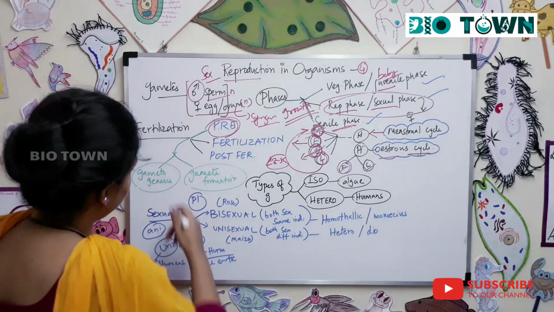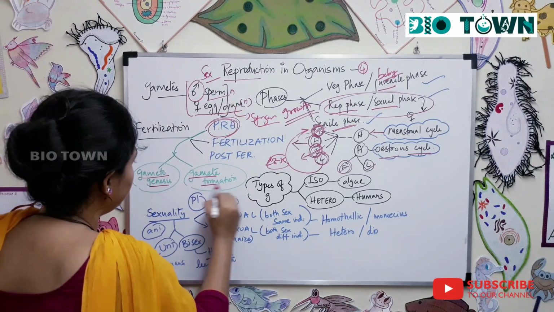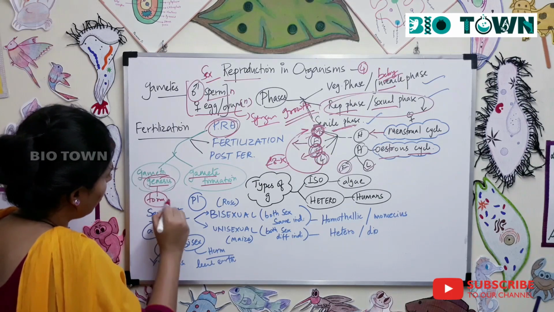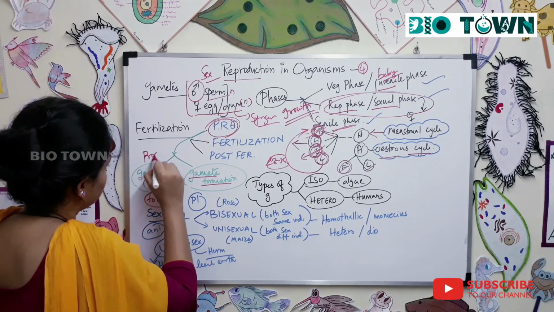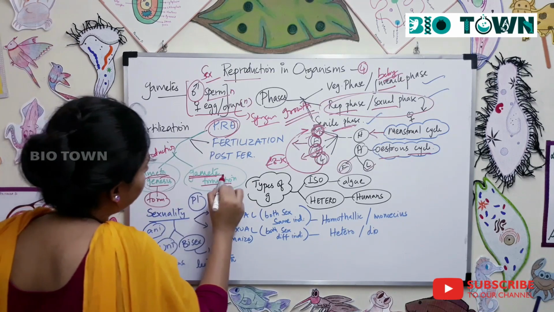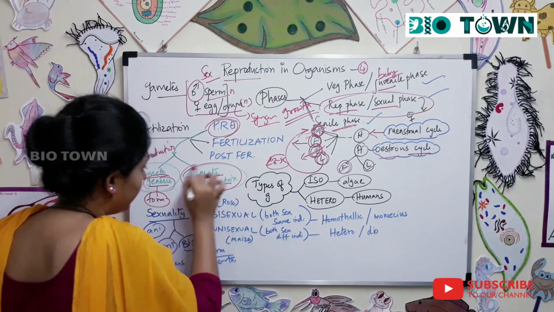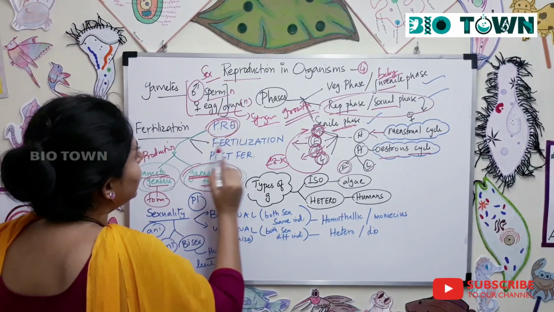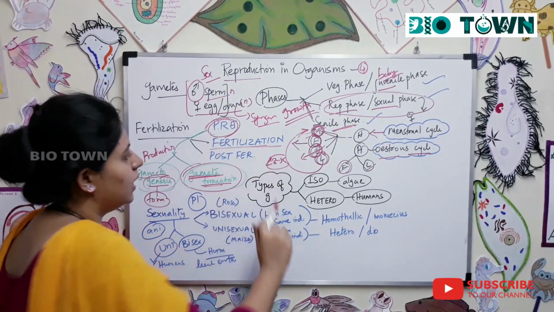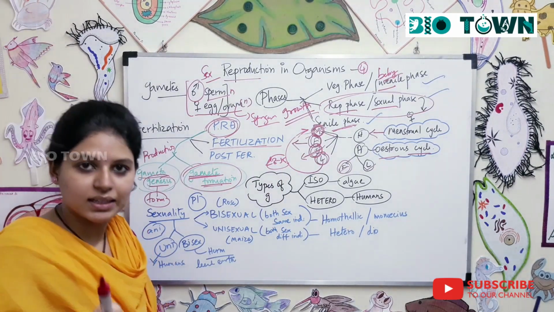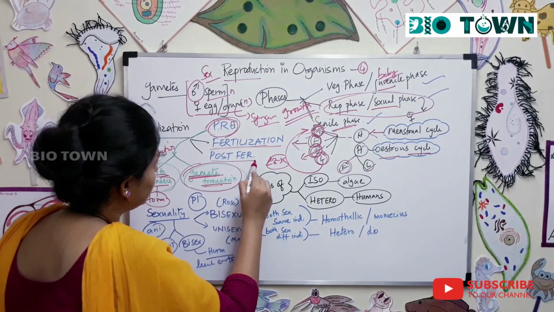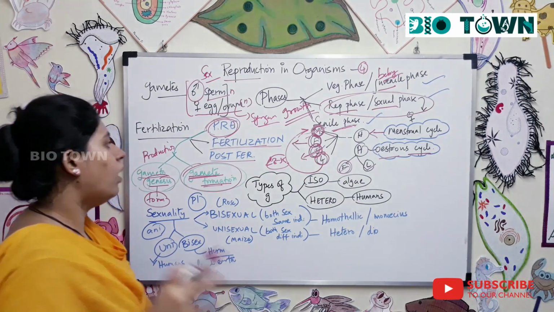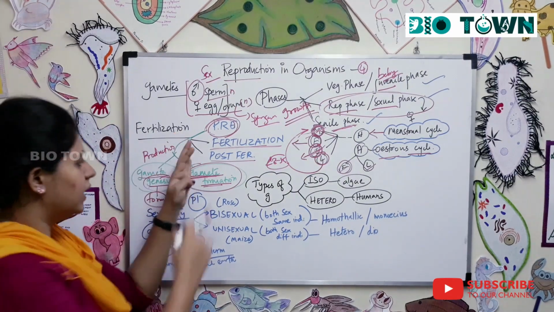Now in pre-fertilization, you have gametogenesis and the gamete formation. Gametogenesis. Genesis means formation or something related with production, right? And then gamete formation is where the gamete is really ready to fuse with the other. So this is called pre-fertilization. Next is fertilization. During fertilization, what happens? There is syngamy, and then post-fertilization, after that syngamy, there are the developmental stages of a zygote. So all that we will see in fertilization.